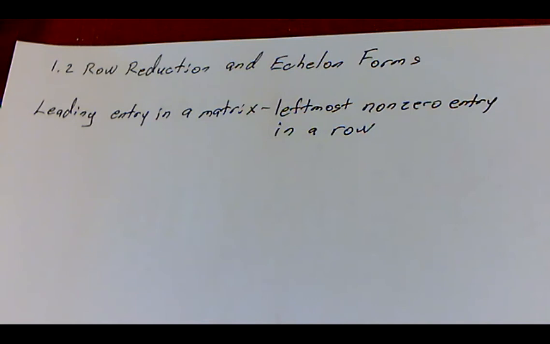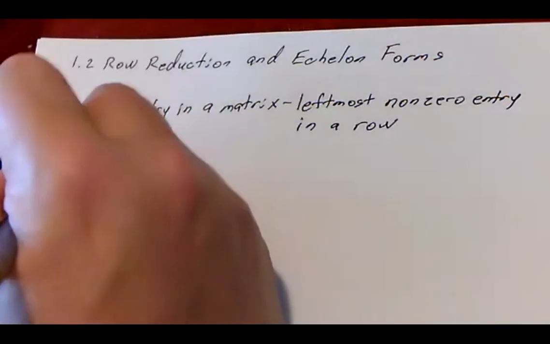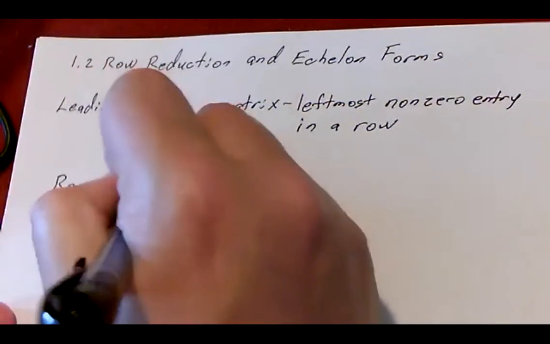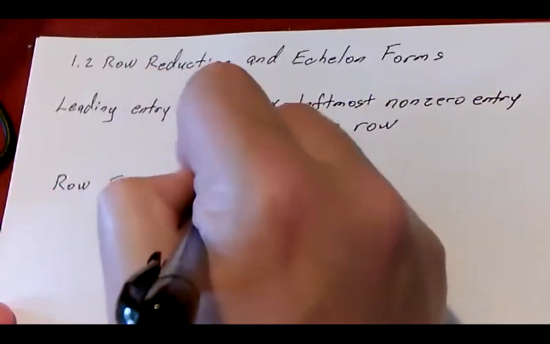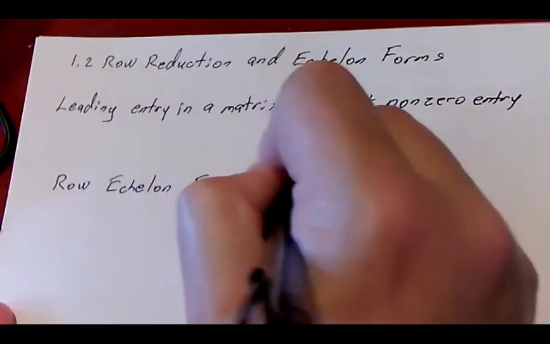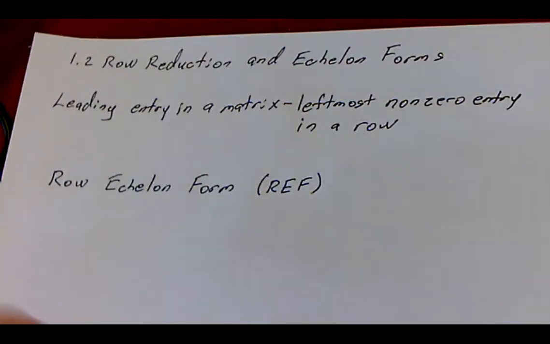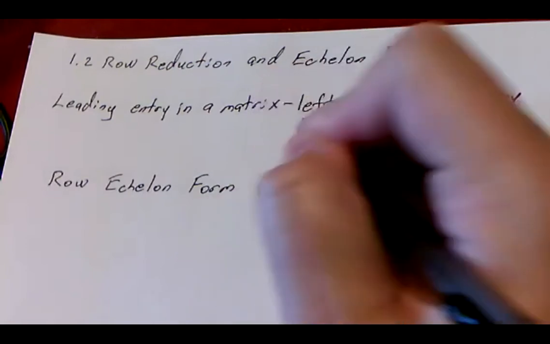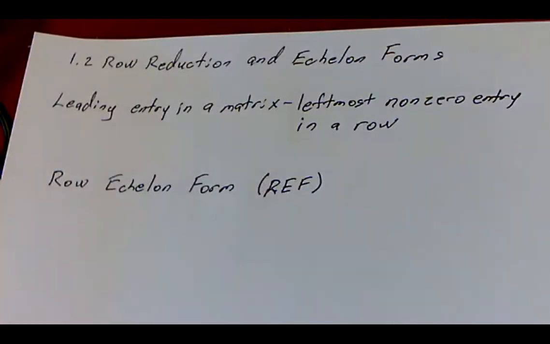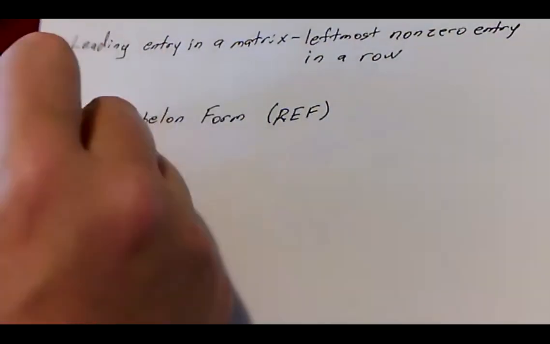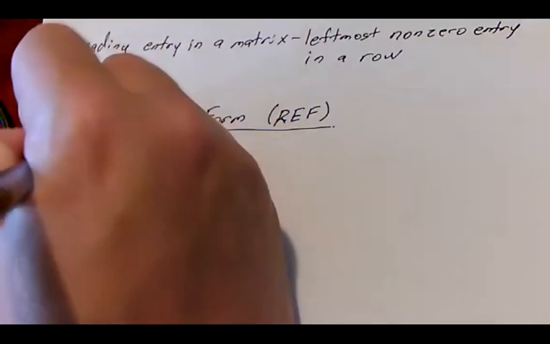So we're going to have two terms here. First is going to be a row echelon form. Sometimes you will see that just called echelon form, leaving off the row part of it. But row echelon form is how I'll refer to it, and REF is our abbreviation for it. And so, three characteristics of a matrix in row echelon form. The first characteristic: